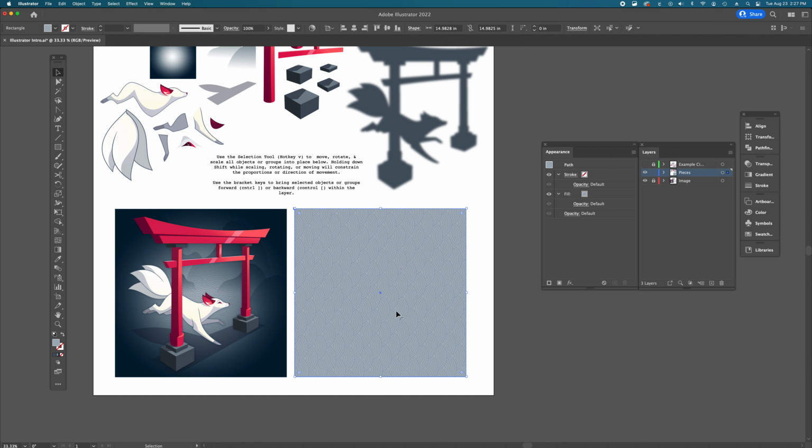Next, I will notice that my pattern is facing the wrong direction. This pattern seems to be stacked vertically. This one's going horizontally. So I'm going to rotate my object by hovering my selection tool cursor over the corner of my bounding box until I get this little icon that looks like a pair of rotating arrows. If I click